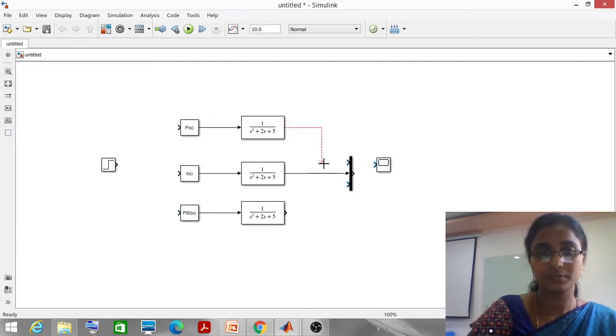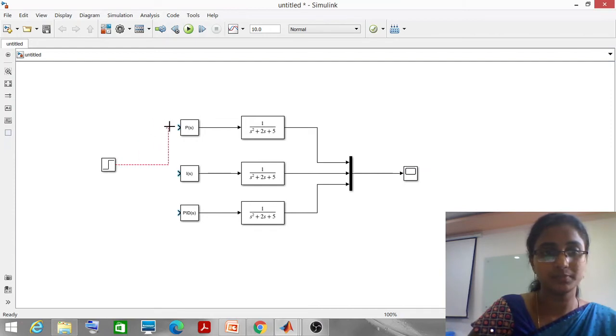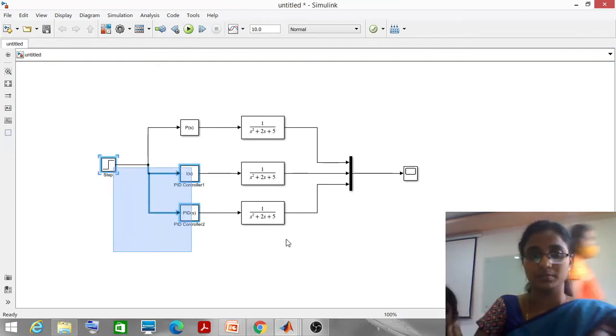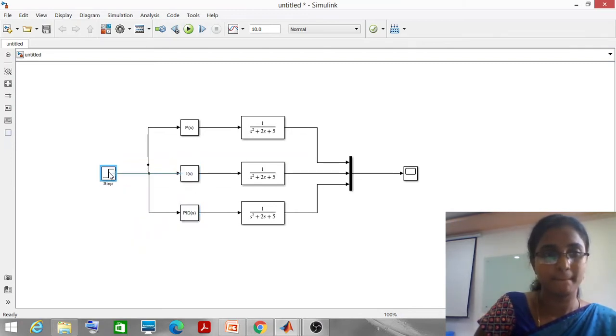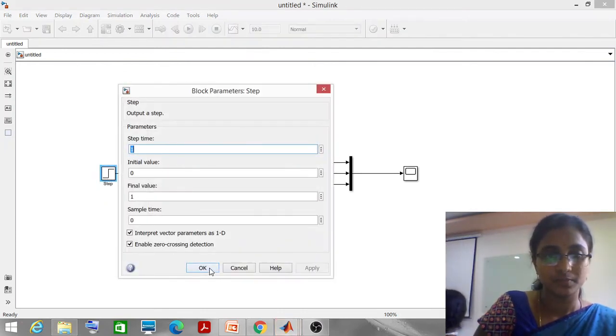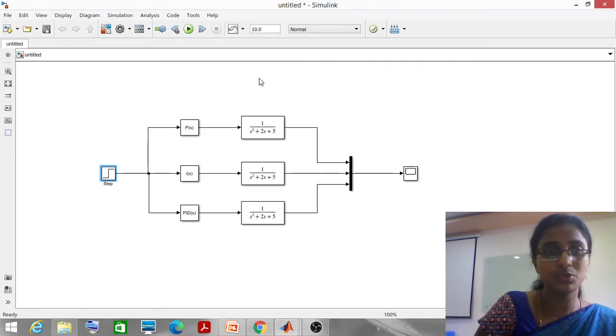Now connect the step input. We have assigned all the values, so run it.